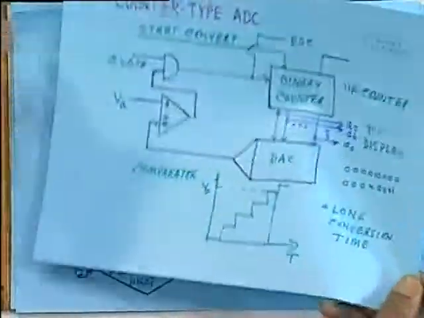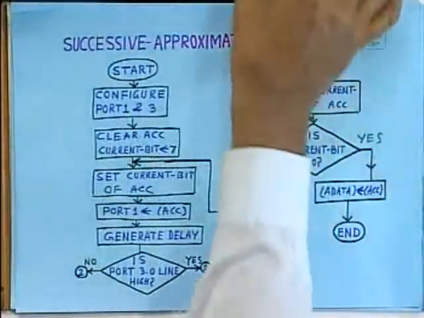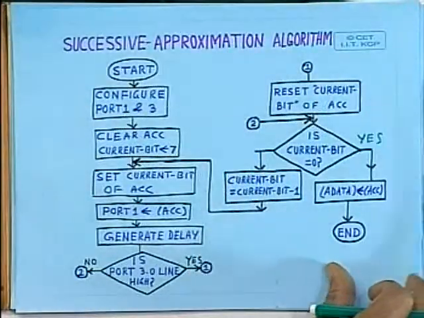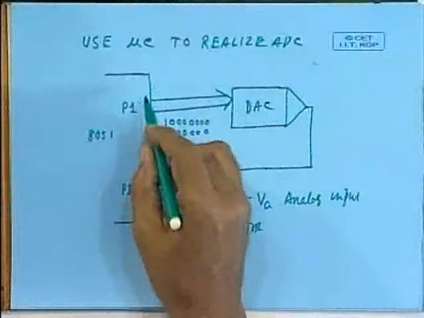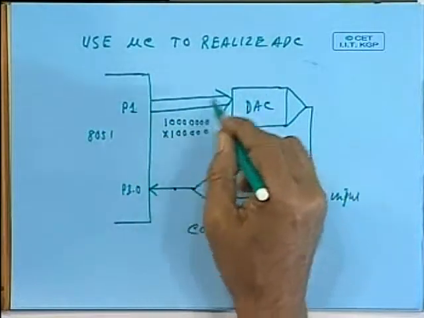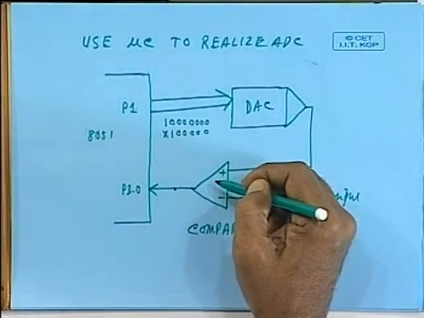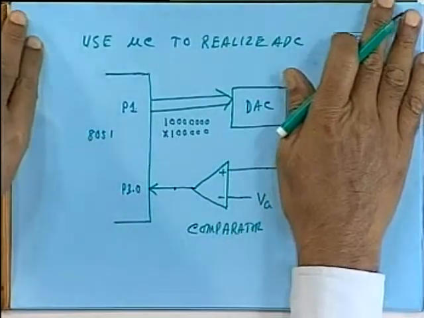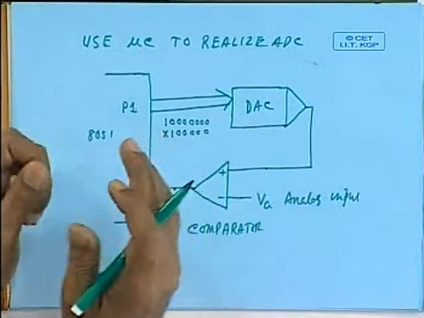So in this way, you can use the processing power of the microprocessor to do the analog to digital conversion. Now, whenever you do this, the microprocessor remains busy doing the analog to digital conversion, which you may not like. So normally what is being done,